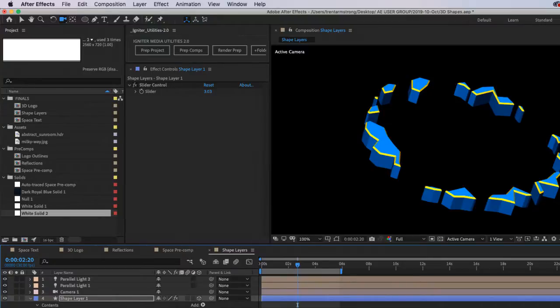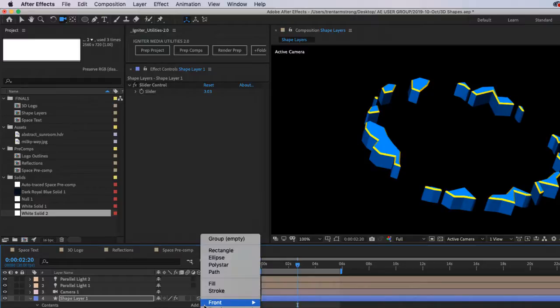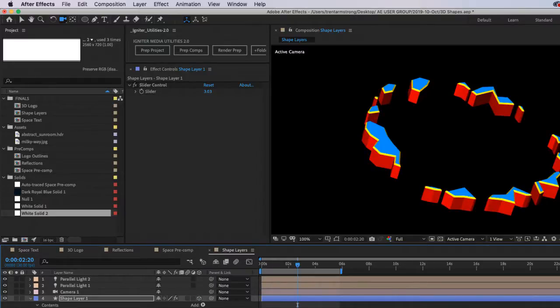We can even, on this group, add a side color. So now we're doing Superman kind of things.